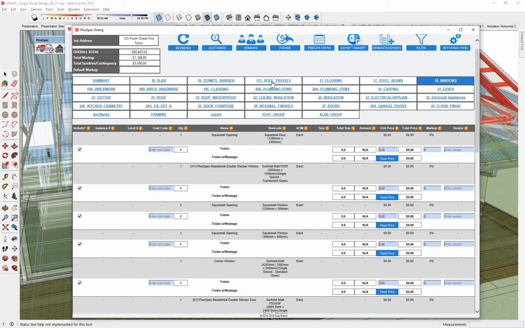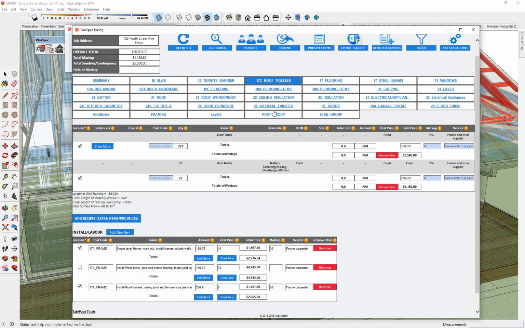Trusses is probably a good example. Roof trusses, you don't pay for a truss individually. What you would do is you would associate a fixed price. And you can notice I've already done one there. And I only made up these figures. There's two items that are separate here inside of it, and you can just say fixed price here for this one here, and you can type it in. So you might have got a quote back from three frame and truss companies, and the cheapest was $4,500, right? Then when I go and create a purchase order, I'm going to choose frame and truss supplier